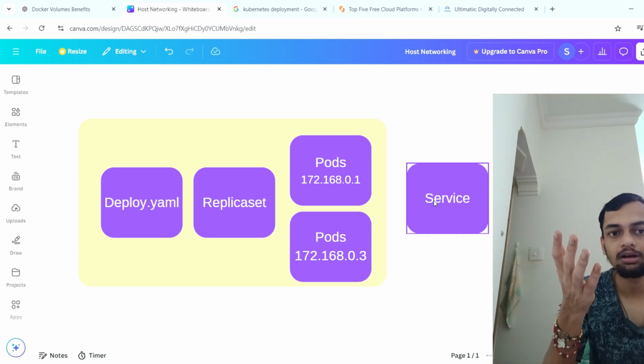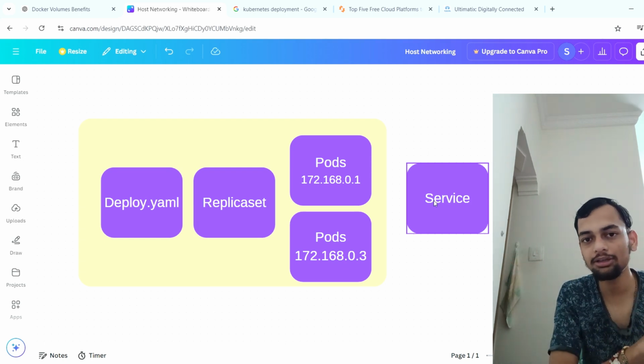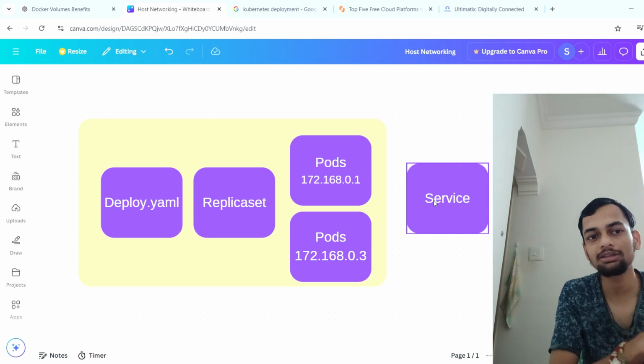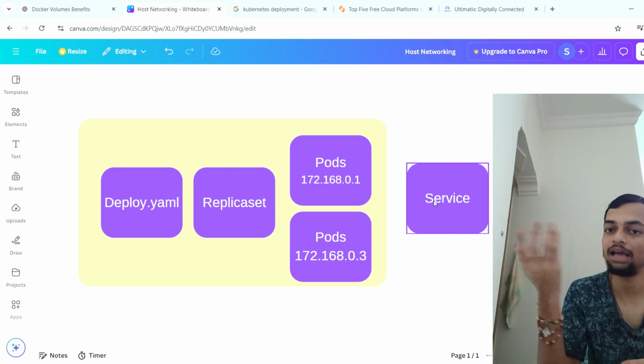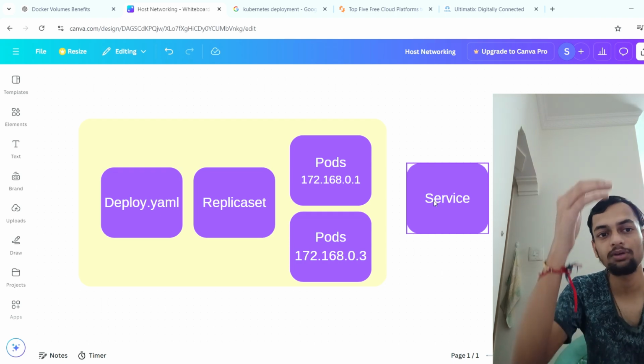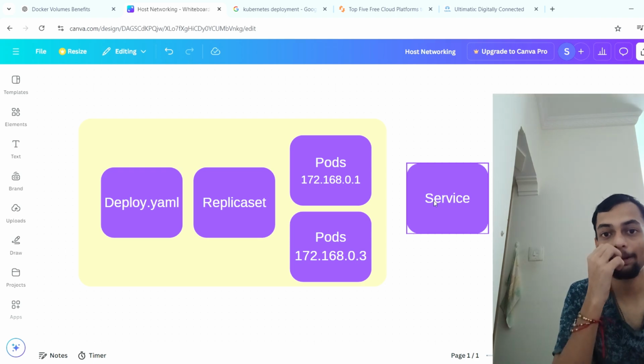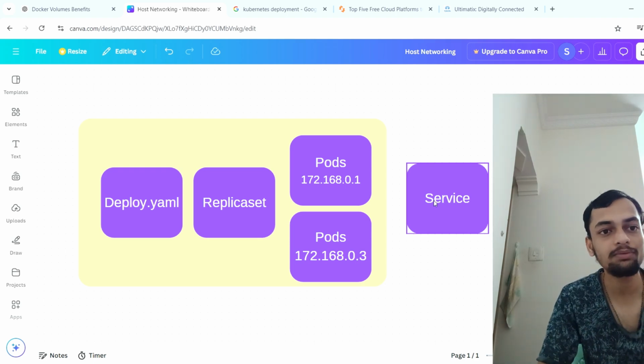Because the service might also be using the IP addresses only. If it is assigning some IP with some DNS and the end user is using that, then how are we able to resolve it? The problem goes the same. But the thing is that in the YAML manifest, for all the pods we are creating, we are giving some label name. For example, for this one,